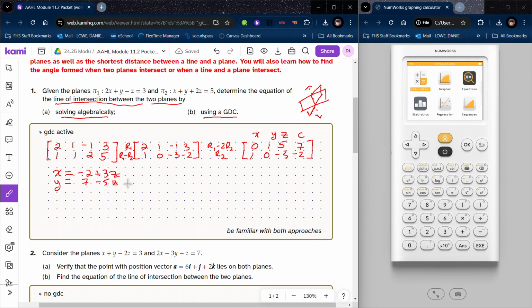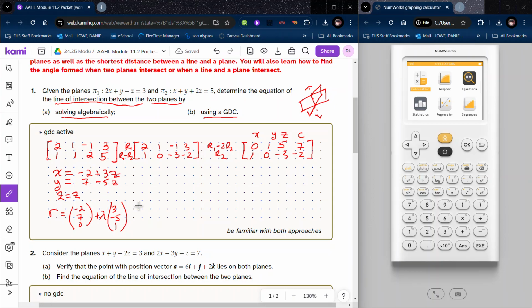All right, so then I know that z is going to be equal to z. So if I want the equation of the line of intersection, that would be a parametrized form of the equation. My vector equation would be r equals, coordinate points, negative 2, 7, 0, plus some parameter, and then the directionality of 3, negative 5, and 1. So that would be my equation,